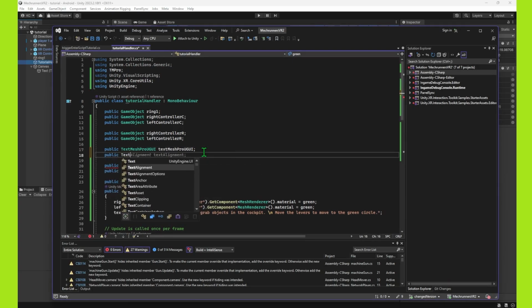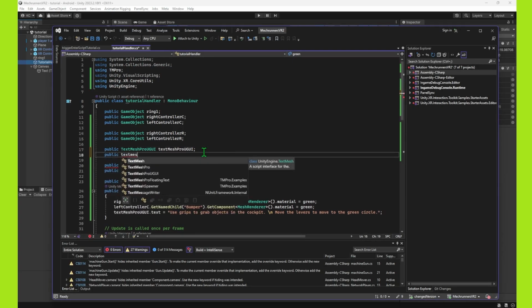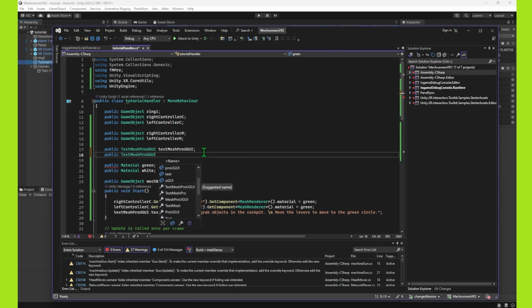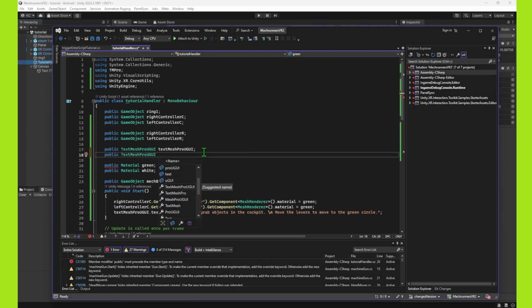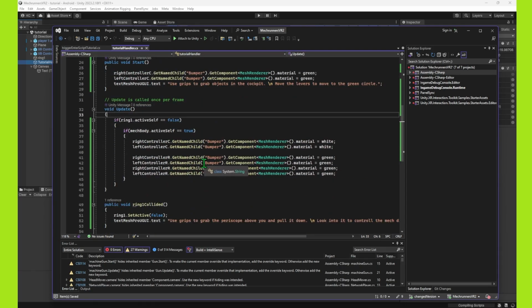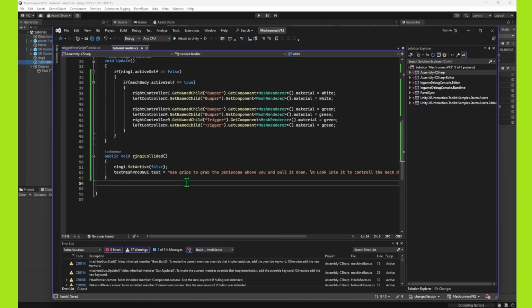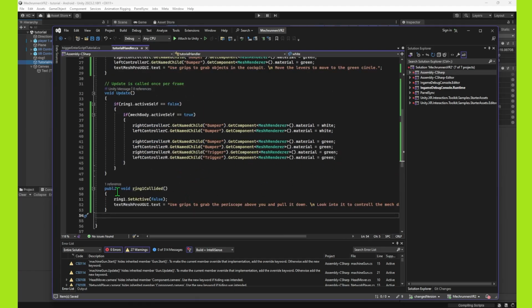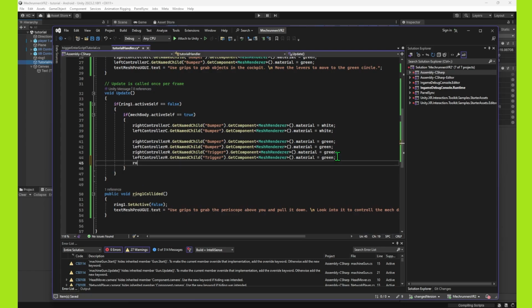Text Mesh Pro UGUI, and then we'll call it the robot text. That's fine. Okay. And then I suppose this is fine to stay there on the first one. So then we'll do robot text.text